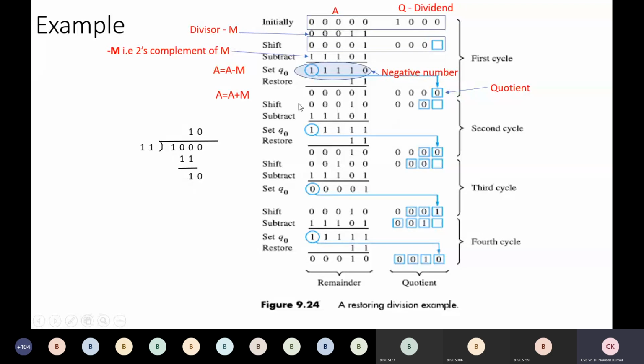So that's why we have multiple shifts. So first shift, subtract and see the answer. If it is a negative number, then restore and get back to the previous state and load another bit so that it becomes 100. Again, 100 came, then again subtract minus m. This is the minus m. How do we get minus m? We take m which is 11 and we make it 2's complement. We get this one. We'll subtract minus m, and after subtraction we get this one.